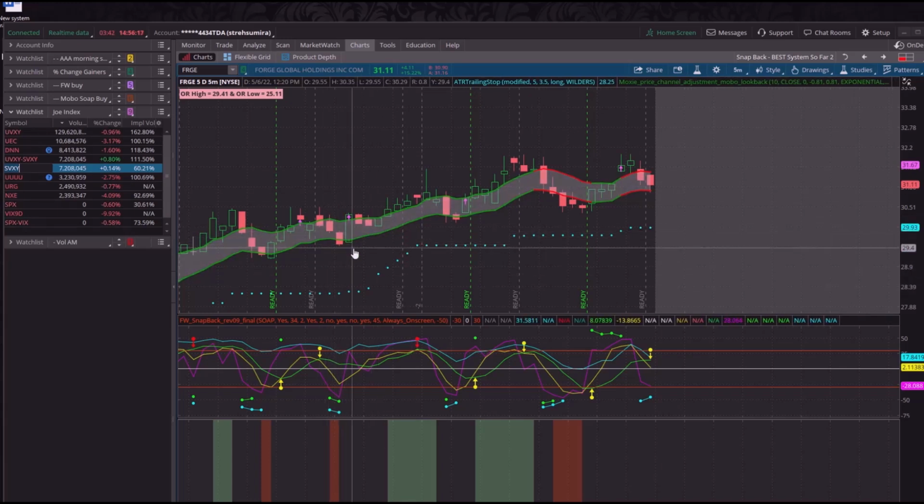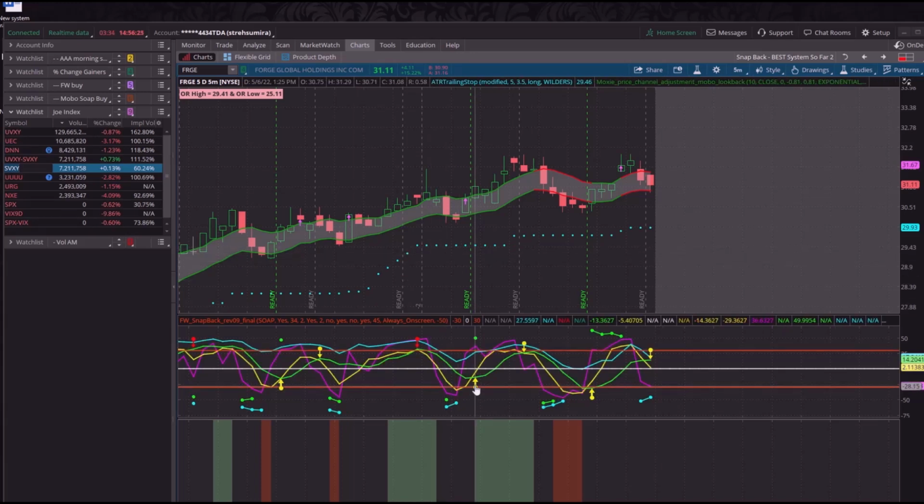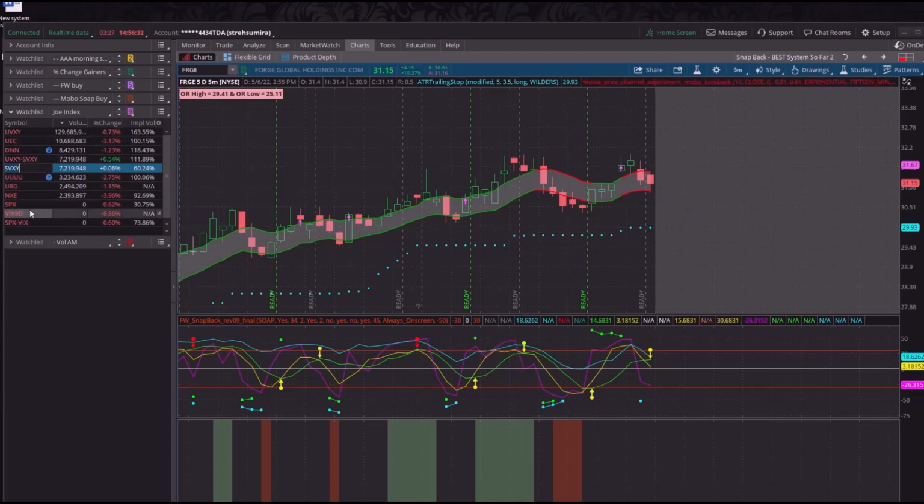So those are periods where you may want to stay out of the market because it is so volatile that even in some of your really good buy signals, you get more losses than you get wins. So that's just a way to measure how the market is. And you can also